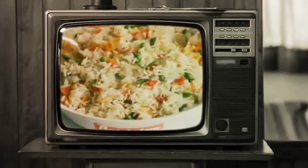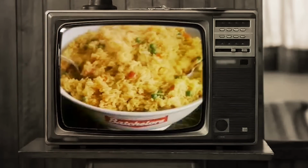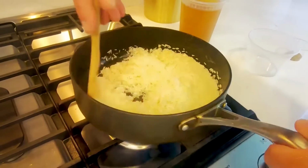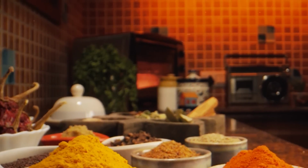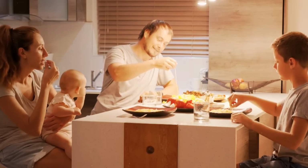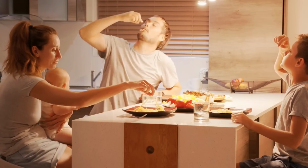Nostalgia emerges when recalling mid-century TV commercials that championed instant rice, promising a perfect side dish ready faster than a station break. Today, home cooks still appreciate its no-fuss approach, which requires only basic ingredients and minimal monitoring. The convenience resonates with those juggling busy schedules, who often joke that any dish requiring more than 10 minutes conflicts